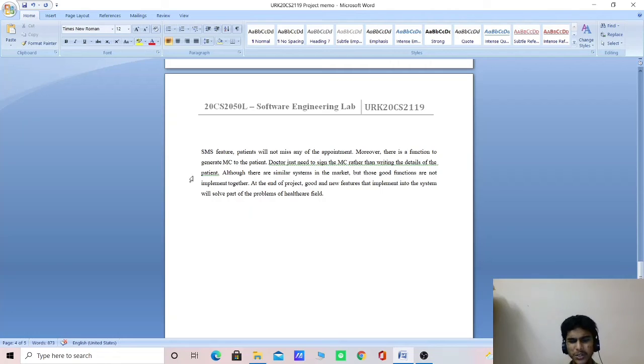Then you don't have to miss any appointments if you get the notifications regularly. Which means if you have the appointment today at 3 o'clock, then you will start receiving messages from 11 o'clock in the morning. The time estimation is 1 hour.